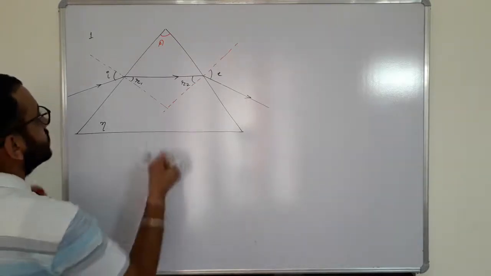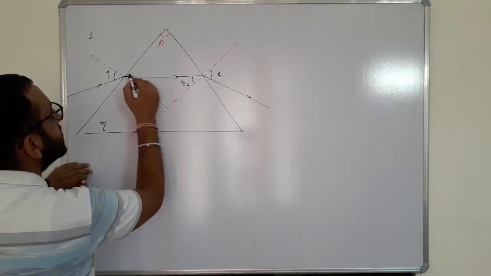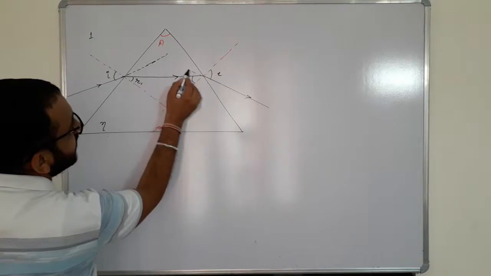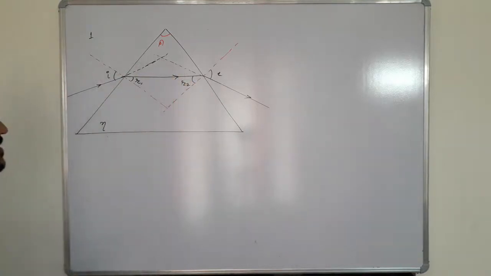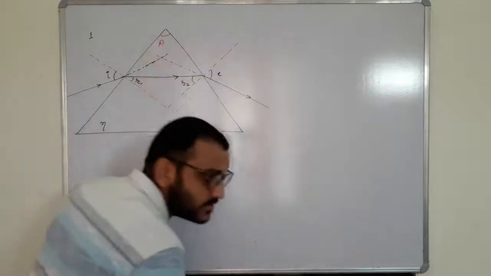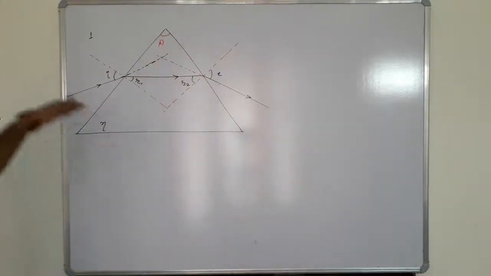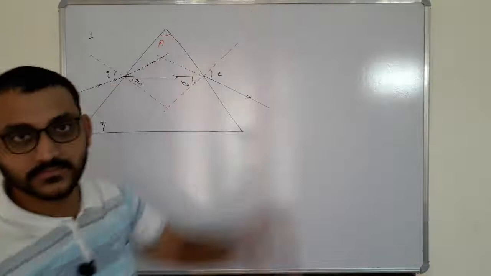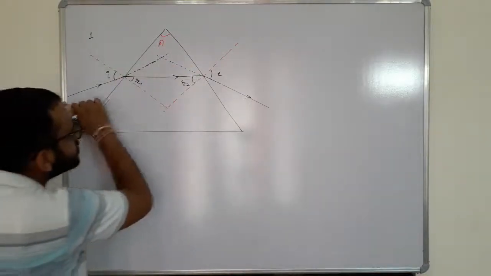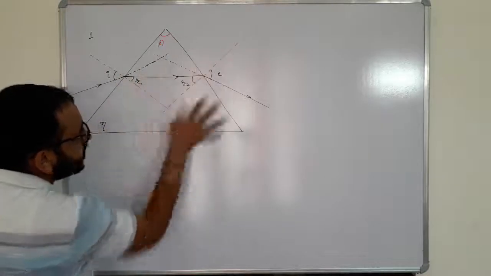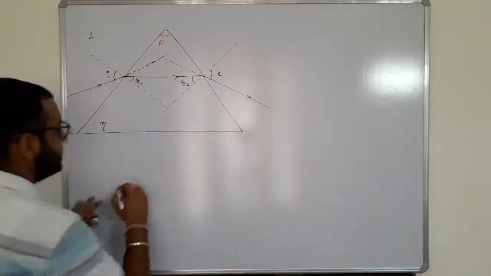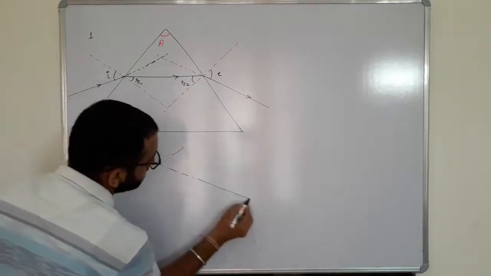What we have to do is extend this. We are extending this ray at the back. If this prism is not there, in that case, this ray will go straight like this. What this prism has done is that this ray was supposed to go straight. Just because of this prism, this ray is bending like this. So this ray should have gone like this, but it is going like this.